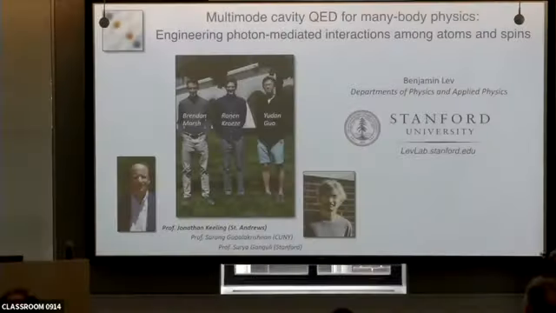Okay, so my name is Ben Lev, and I'd like to tell you about one of the three experiments that we've been doing in my group at Stanford. These are my students who have been running the experiments, Yudan Guo, Ronan Croze, and then Brendan Marsh is a new theory student that we have.